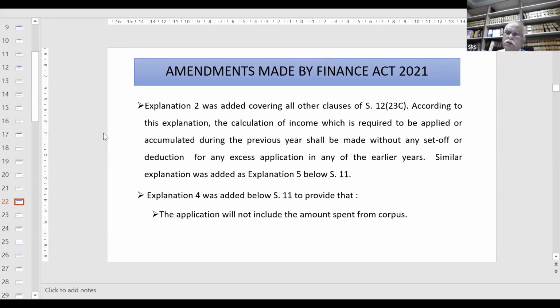almost all the tribunals and a few courts also have consistently held that if there is an excess application of income of a particular year, suppose you are supposed to apply 85%, assuming you applied 92% or 95%, that extra 10% which you applied in a particular year can be used as an application of a subsequent year's income. For example, you have